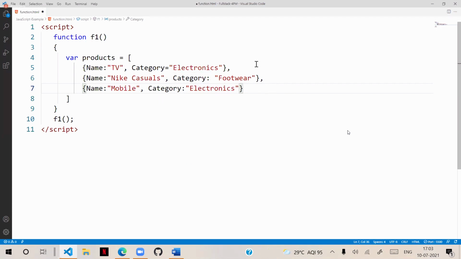So I want here to access all the categories that are electronics.